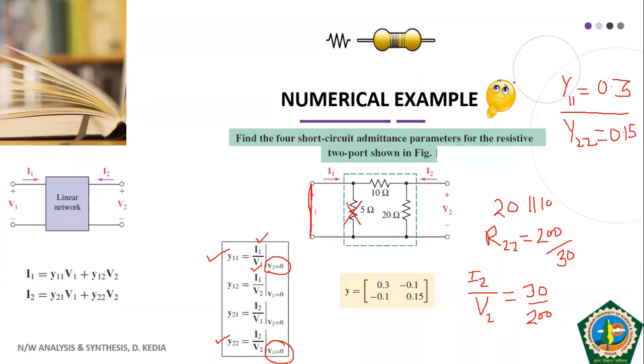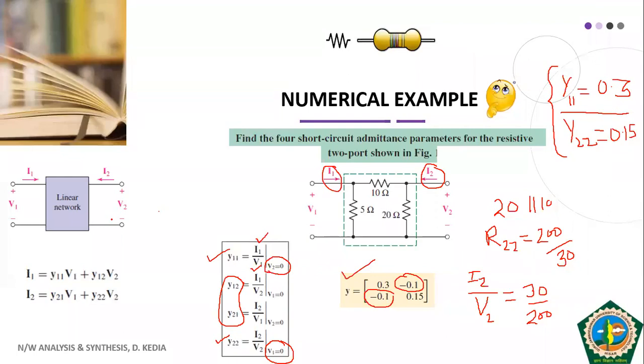See, in a way, I'm not doing anything else. I am solving this circuit in a usual way. Just I am giving it different names by putting certain conditions. So I have calculated two parameters. One is your input admittance and another is your output admittance. So dear students, after we have calculated input admittance and output admittance, we now need to calculate our transfer admittance. We need to calculate Y12 and then Y21.